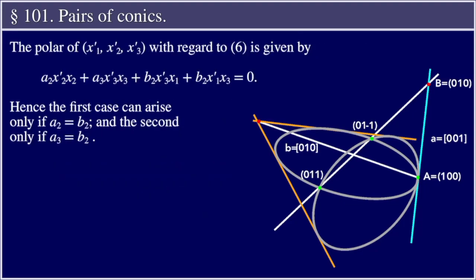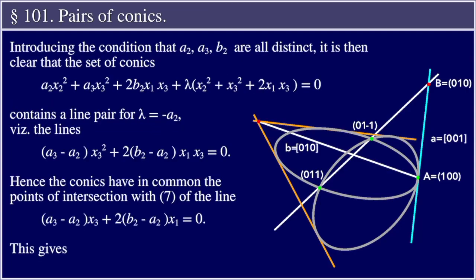The polar of x1', x2', x3' with regard to equation 6 is given by a2 x2' x2 plus a3 x3' x3 plus b2 x3' x1 plus b2 x1' x3 equals 0. Hence, the first case can arise only if a2 is equal to b2, and the second only if a3 is equal to b2. Introducing the condition that a2, a3, b2 are all distinct, it is then clear that the set